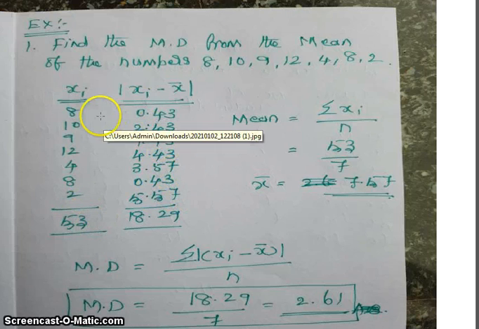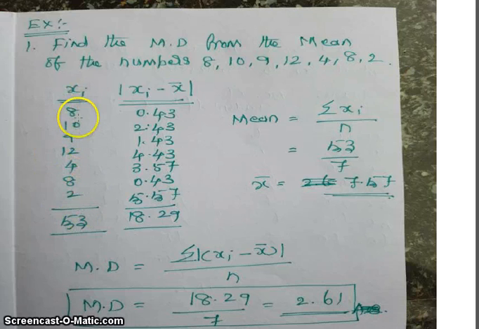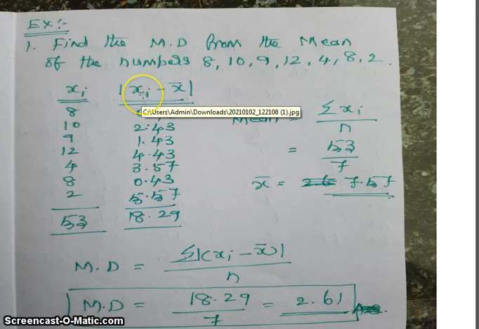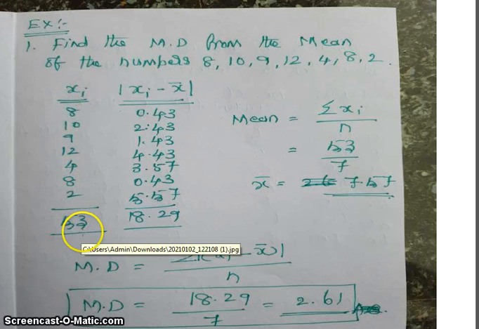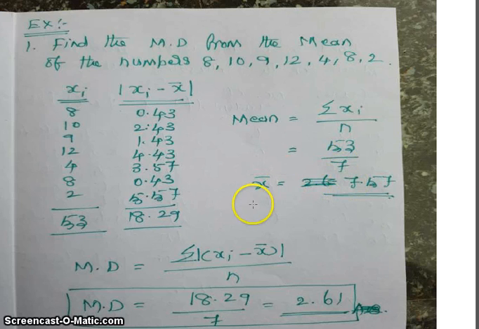Okay, you have to calculate the mean value, the average value for this, because we need the mean value to identify the difference. We are given only x values. So calculate first x bar. X bar is summation of xi divided by n. Summation of all these values you will get 53. So 53 divided by the number of observations, 7. So x bar, the mean value, is 7.57. This is the mean value.